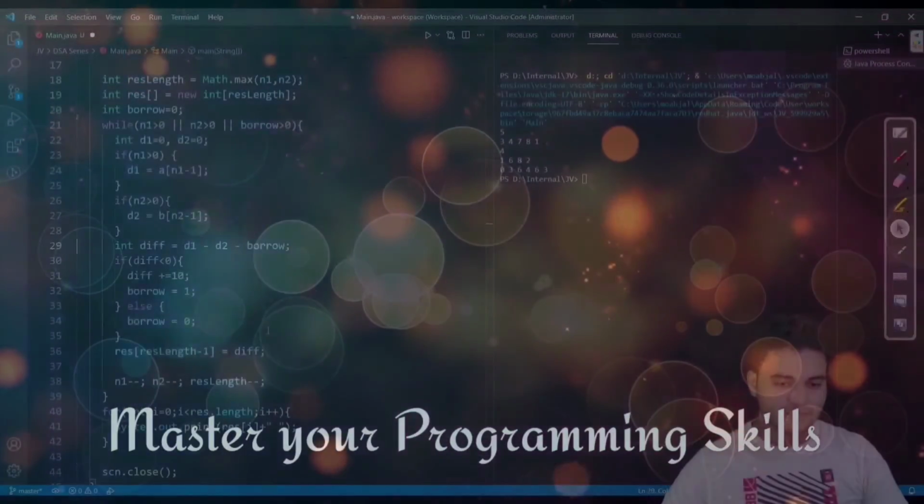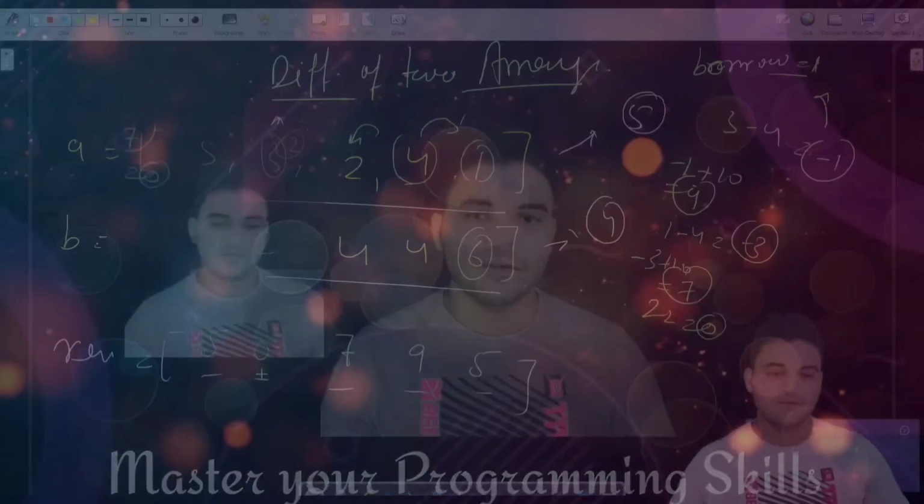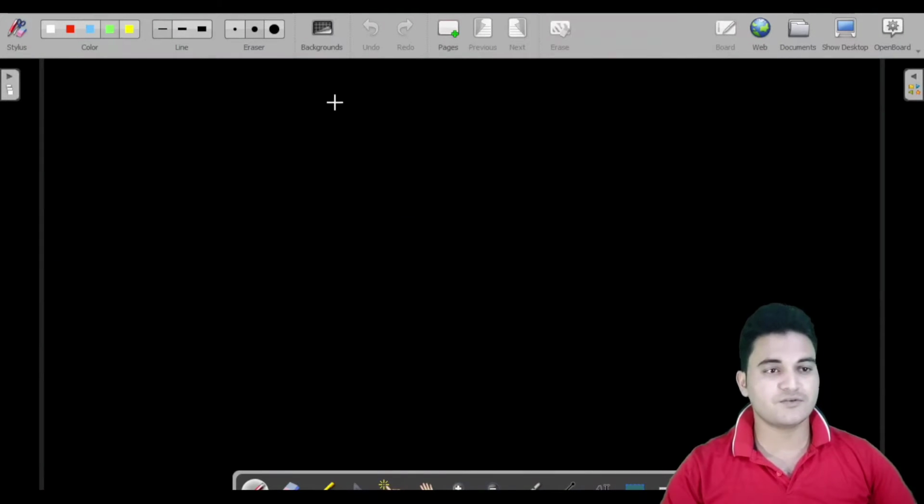We have already seen an algorithm for searching an element in the array, which was linear search. So today we are going to see an optimized algorithm for searching an element inside the array, which is binary search. Binary search is more optimized than linear search. Fine. So let us see what we are going to see now. We are going to see binary search.